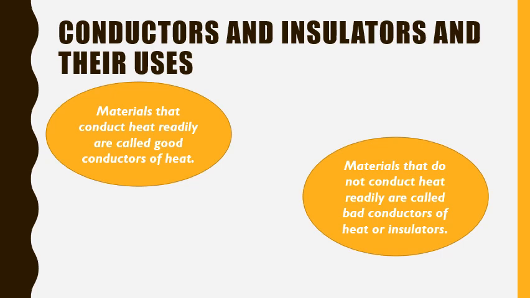Blocks of ice are usually covered with cloth or sawdust. What is sawdust? Sawdust is small pieces of wood that fall like powder. They are used to store ice. Why? Because they prevent the ice from melting quickly. Cold drinks are kept in thermocol boxes to stop them from becoming warm. So these are certain general examples which are used in our day-to-day life.